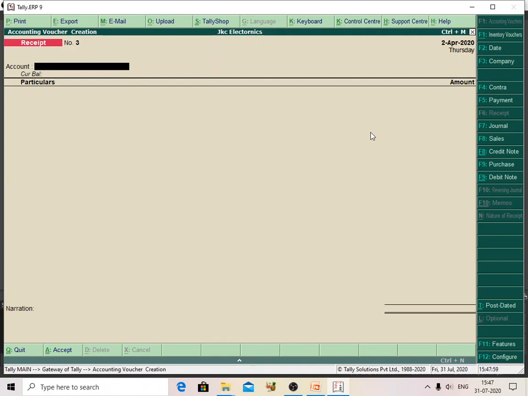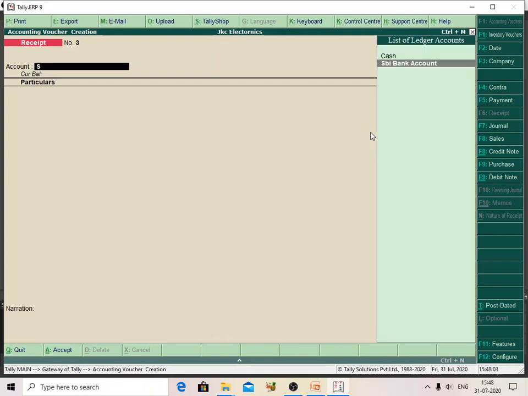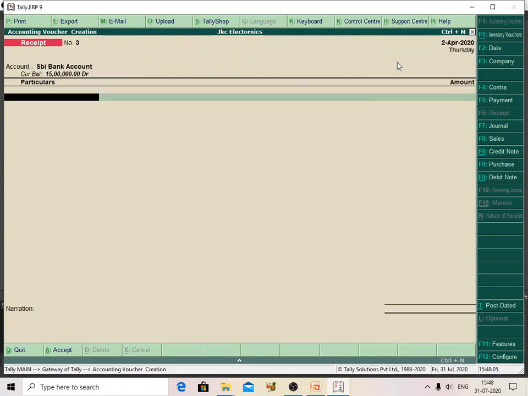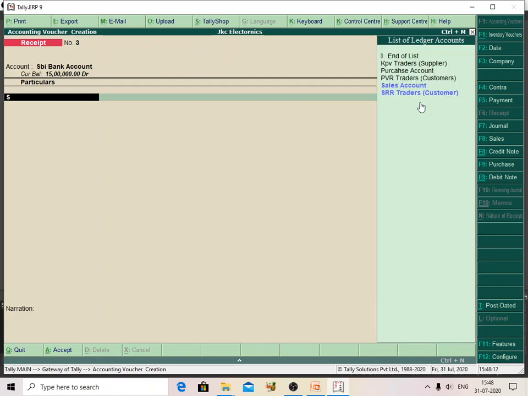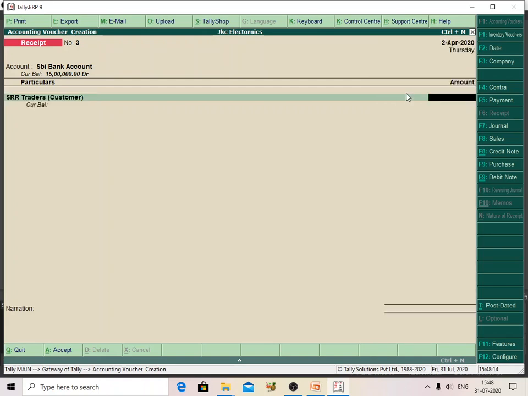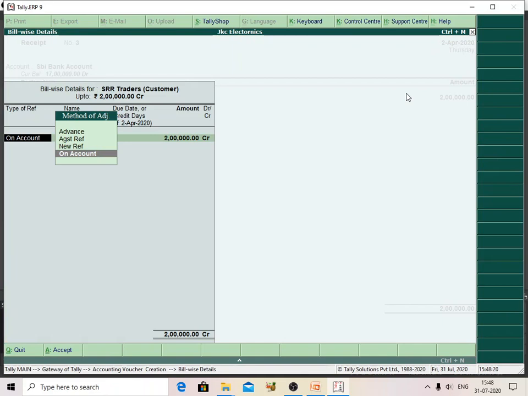So here what I can do is select the SBI bank account. SBI bank account is receiving the amount through cheque as an advance amount. Who is paying the advance? SRR Traders, and he is paying 2 lakh rupees as advance. See here, as advance he is paying the amount.